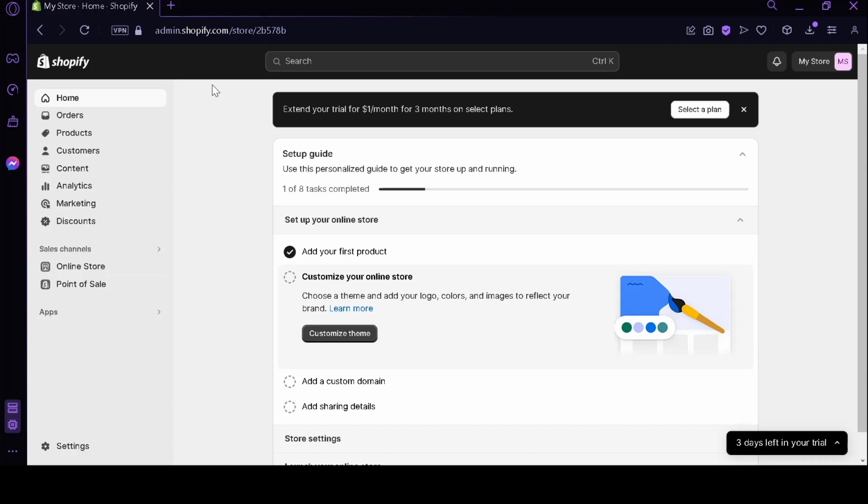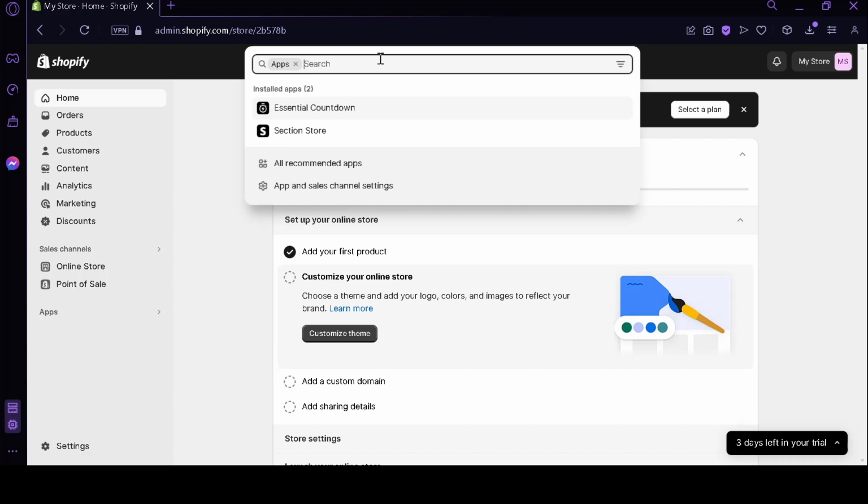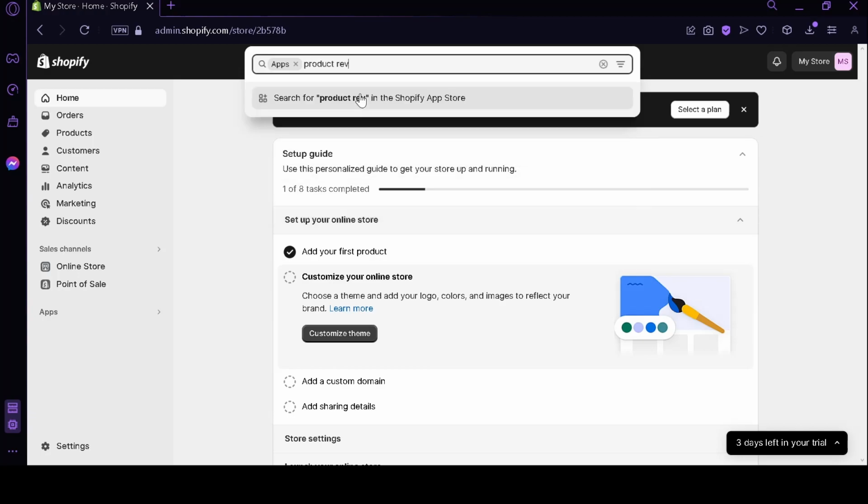So that's why we will have to rely on applications to be able to add this specific feature into our Shopify store and to be able to be seen or to be able to see it in our store display later on. So you're simply going to search product review in the search bar after selecting apps, and